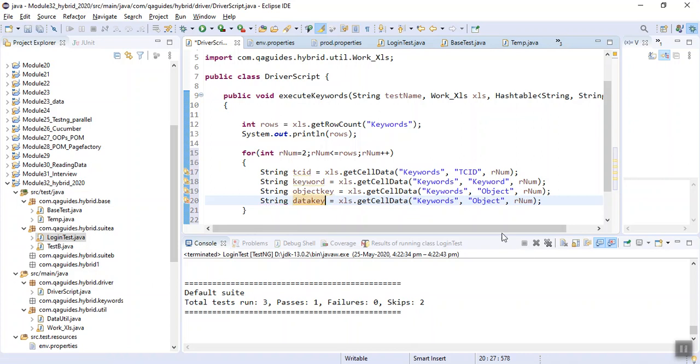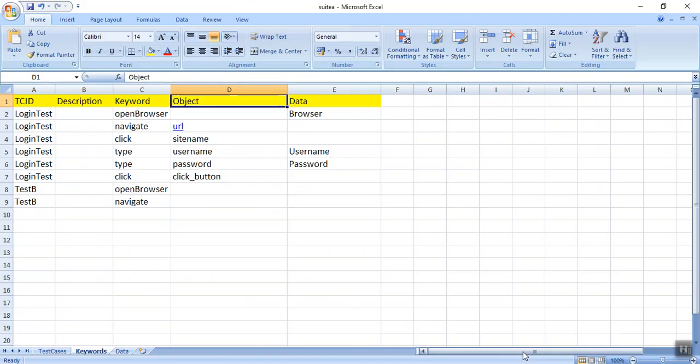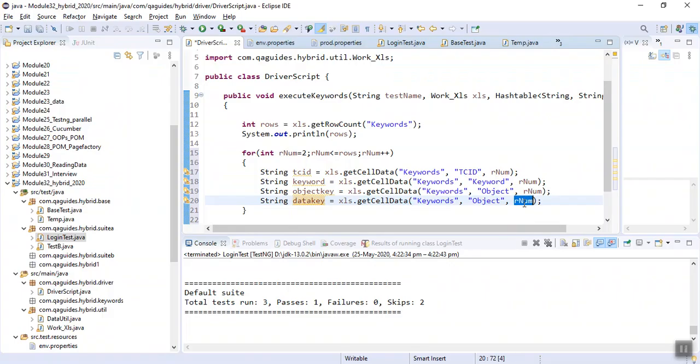And we need data from here. Fine. So just a second. Sorry, my mistake. It's data.